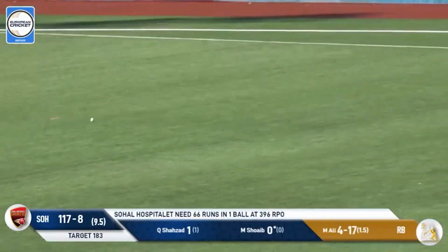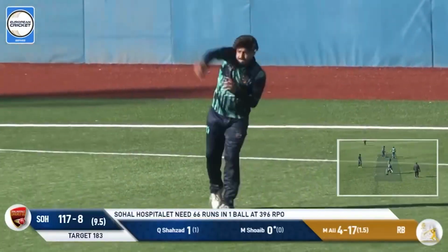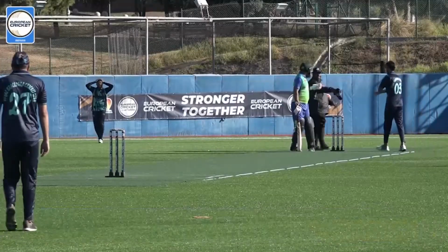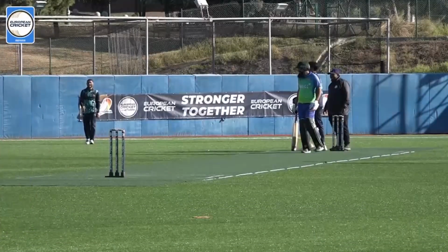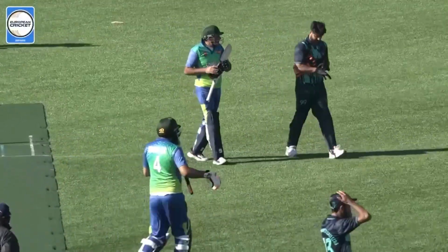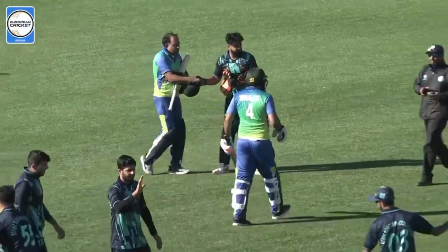That was the one. Well negotiated by Shoaib. So it won't be a hat-trick or a fifer, but it will be a big win to the Royals. And they'll do it in the end by 64 runs. So there was a kind of a fighting start from Sohail. And look, they did play their shots. Things kind of petered out a little bit towards the end, but